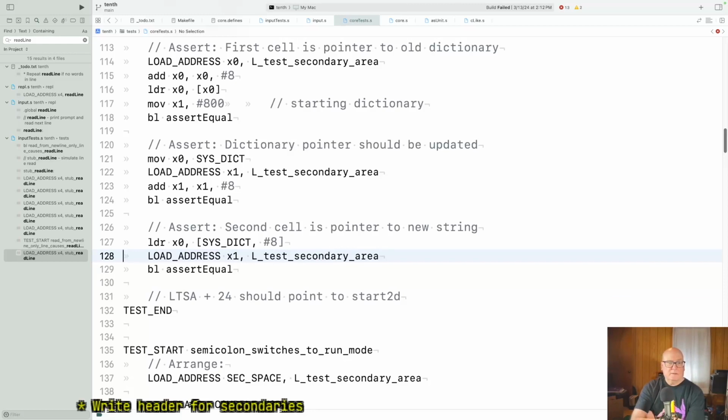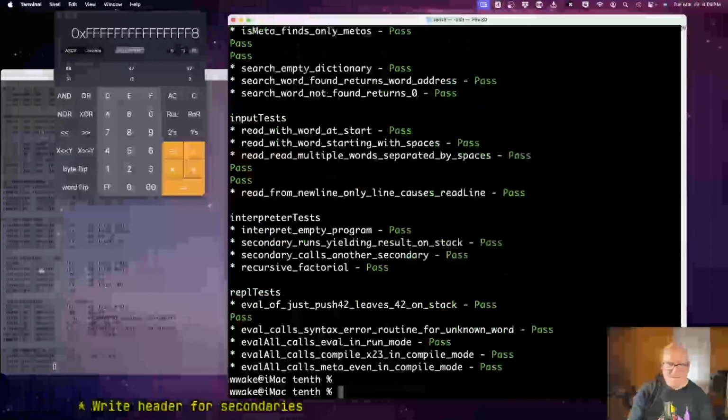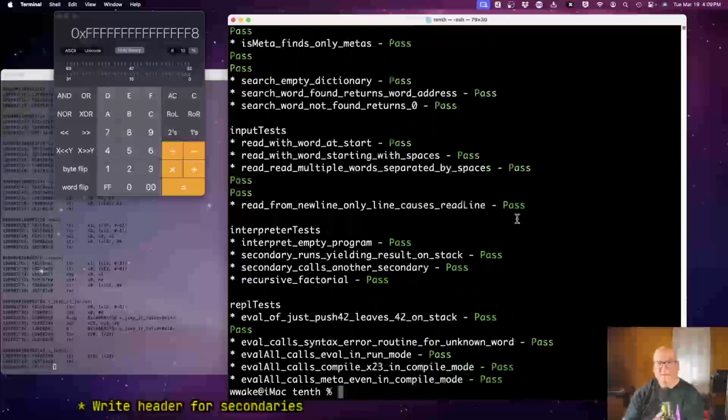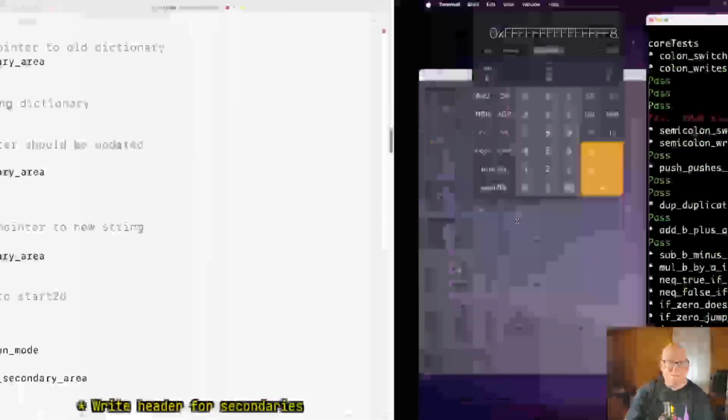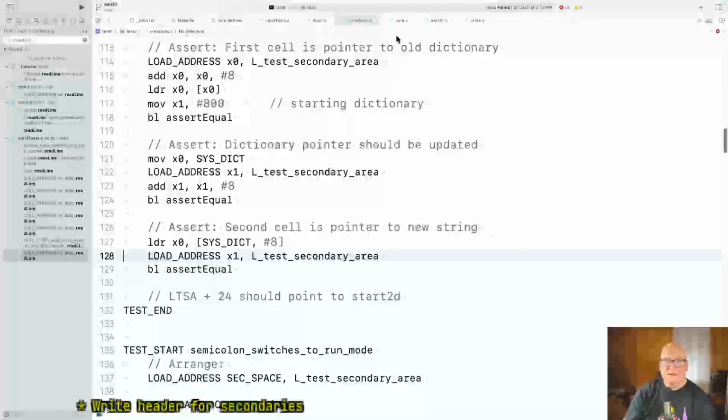Take the system dictionary, should point to the first cell, plus 8 is the second cell. That should be equal to the pointer to the string. Okay, I believe it. Same failure, good. All right, now core,